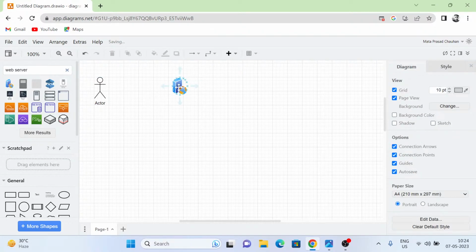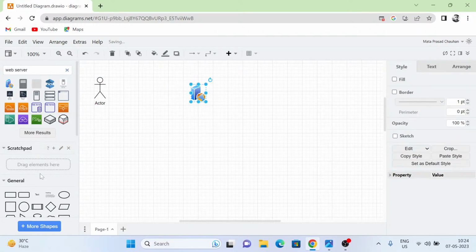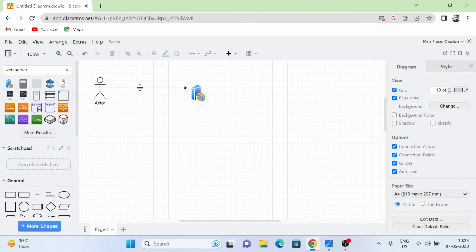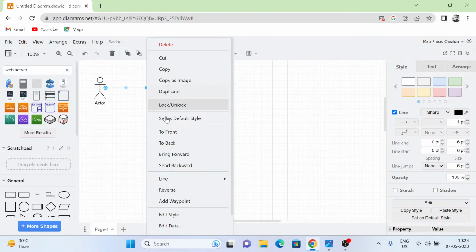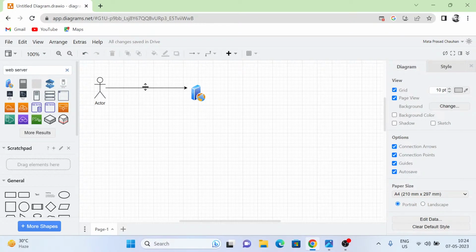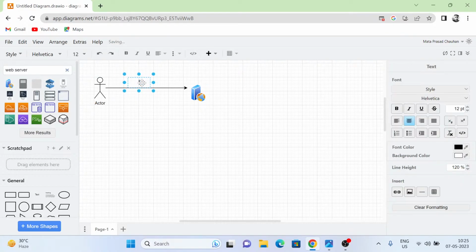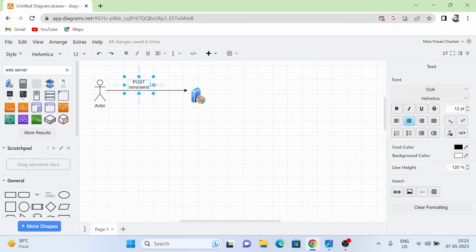We will expose some URL, some sort of endpoints. So let's connect to this. The endpoint which we are talking about, we can put some text here. So here basically the URL should be something like sms/send, and it could be a POST URL. So let me make it a POST URL, and